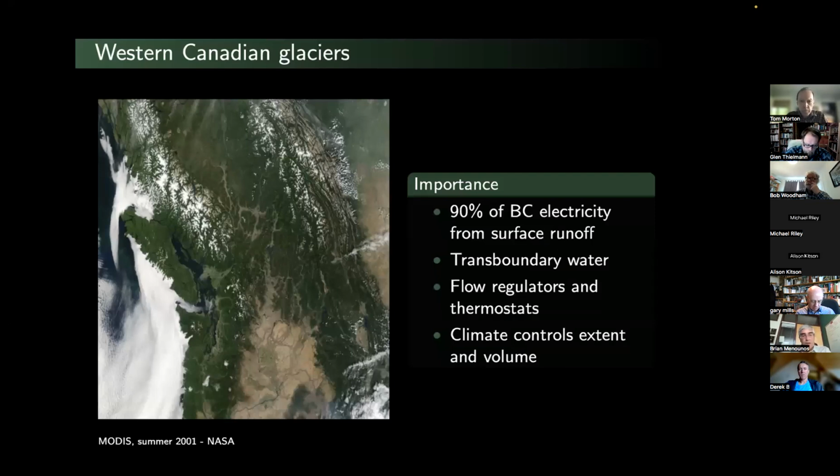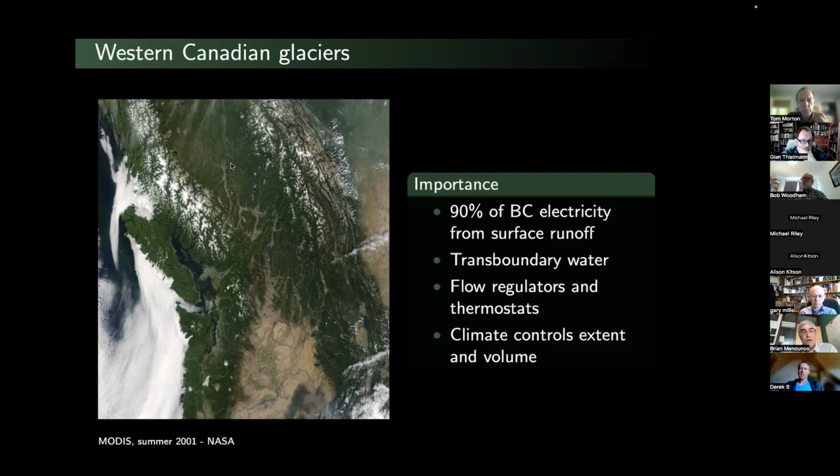Okay, I'm going to bring it back a little bit closer from the globe to Western Canada. That's where I do most of my work. And just to give you an idea, I too am speaking from the traditional land of the Lheidli T'enneh, which is right where my cursor is here. This is about where Prince George is. Most of our ice in Western Canada exists in the Coast Mountains, close to the Pacific Ocean, and also in the interior and Rocky Mountains. And if you haven't been to Prince George, this is a high elevation plateau on which Prince George sits.